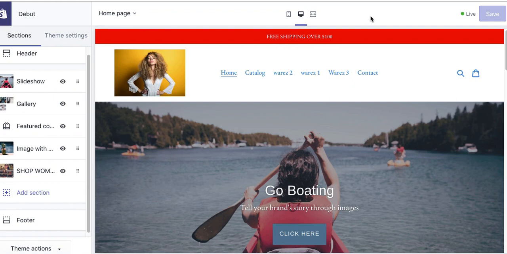you can either add apps to get your functions done, or you can look at other themes that already have a lot of this functionality built into them that you need without having to add an app to it. So, Shopify is great out of the box, $29.95, $79, whatever, and then you start adding apps to it, $5 a month, $10 a month, $20 a month, you're getting up to $200, $300, $400, $500 a month, after you add a bunch of apps to do things, when you can